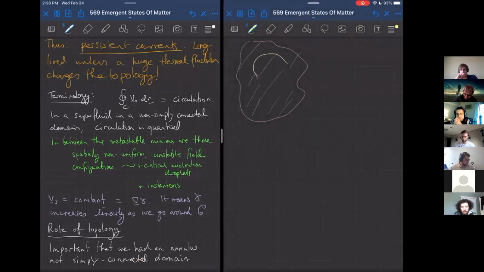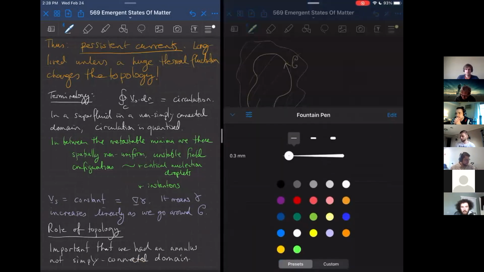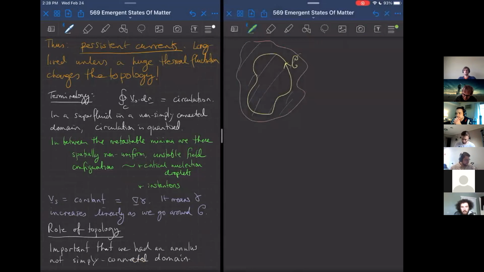So here is my curve, curly C. Then if I draw this curve like so, I can draw a surface that spans this. I'm not doing a very good job of drawing the surface, but let's call this a surface S, a spanning surface, which is bounded